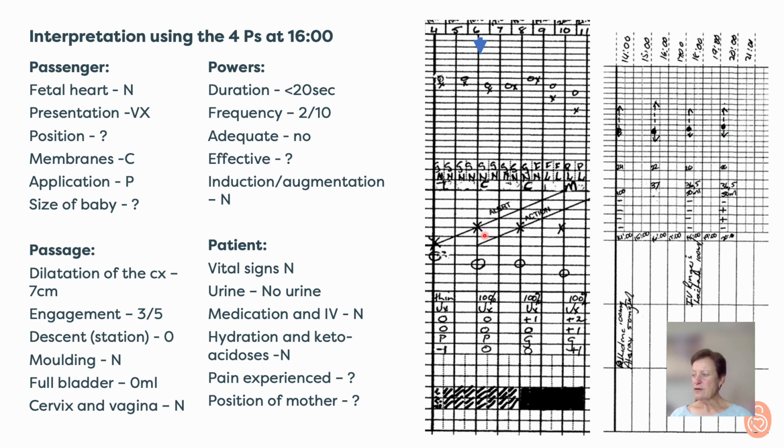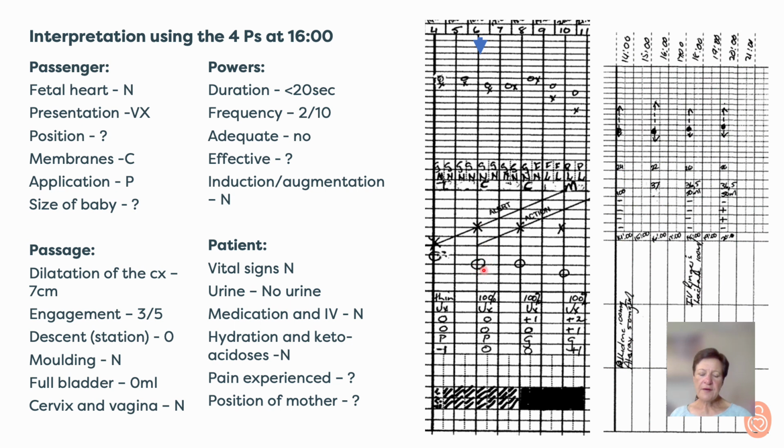The patient has progressed normally. She's now 7 centimeters dilated. We have said that the cervix should dilate 1 centimeter per hour, which it has. So there seems to be good progress as far as the cervical dilatation is concerned, and there's even a little bit of